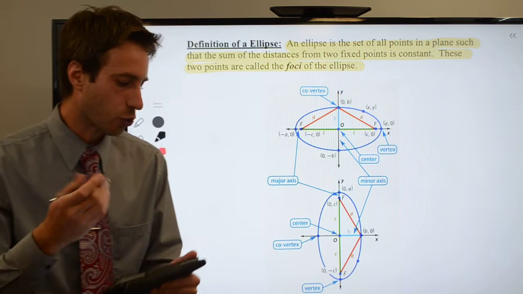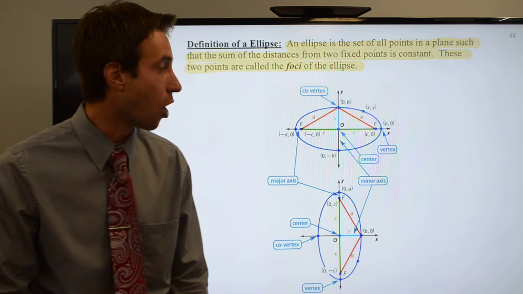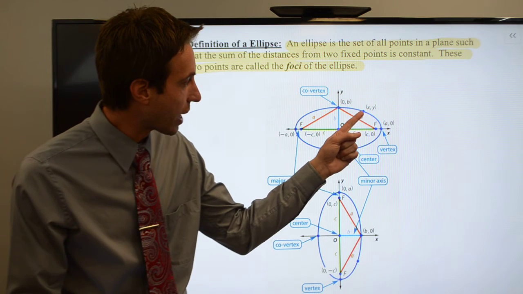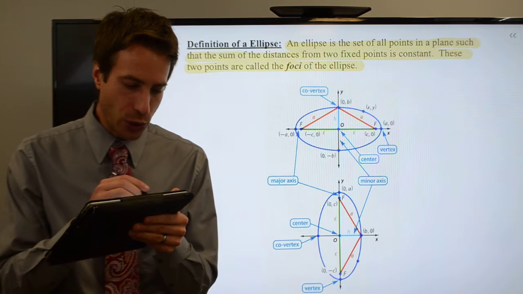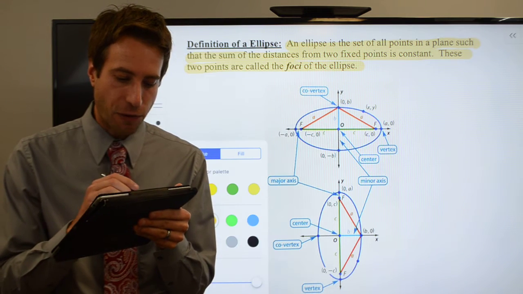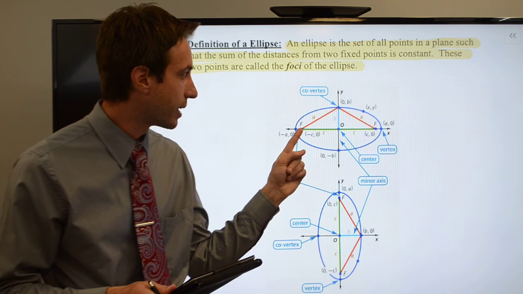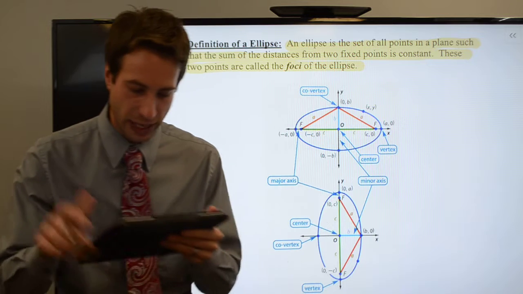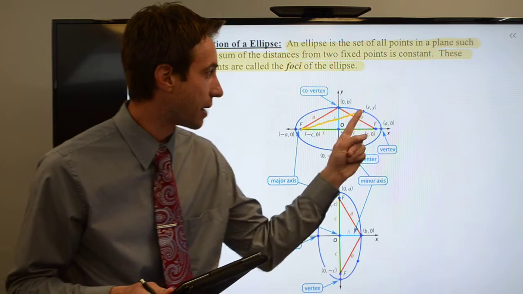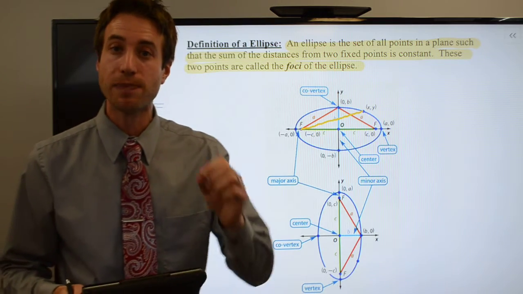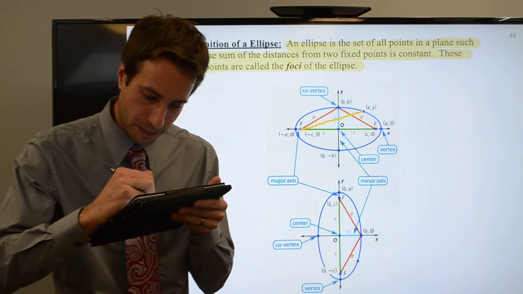And let me see if I can just quickly describe the way it works. Here's the definition, here's how you find all the points on an ellipse. I've put a point right here, (x, y), on that ellipse. Here's what it's saying. If you were to take the distance from one of the foci, right there, all the way over to that point (x, y), this distance right here, and you were to add that distance to the distance from the other foci to that point,